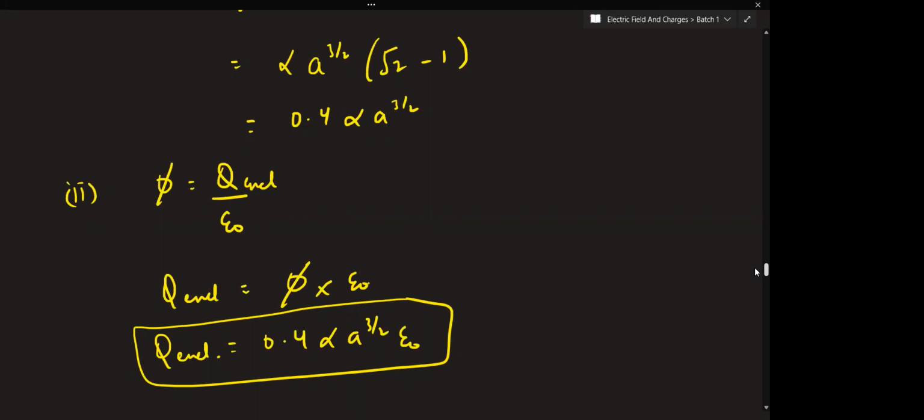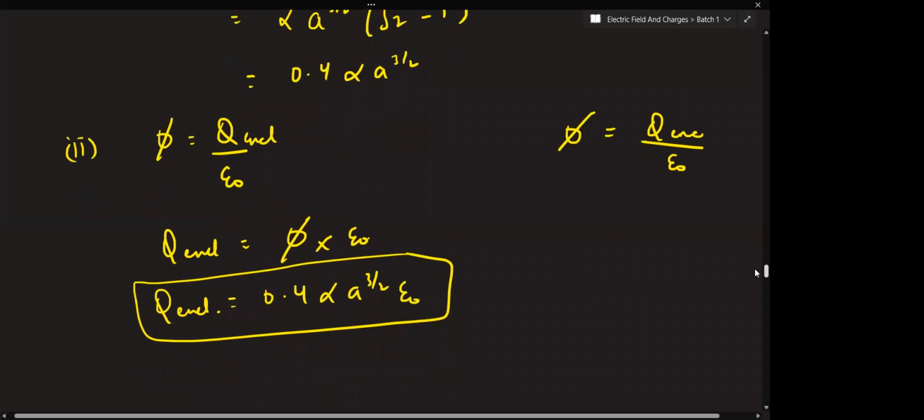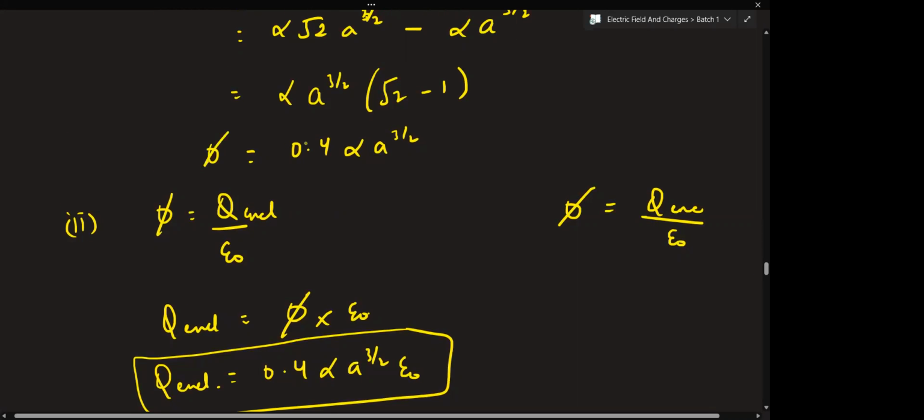See, the net electric flux is what? Net electric flux is always given by charge enclosed divided by epsilon naught. So the second part of the question asked us to calculate the charge enclosed. We have calculated the electric flux in the first part. Electric flux came out to be this. Epsilon naught we know. So if we multiply electric flux with epsilon naught, we'll be able to get this. Only this is variable to us, no? Epsilon naught is a constant, and the flux, which is a variable, we have calculated it. So if we multiply this quantity with epsilon naught, we'll be getting the